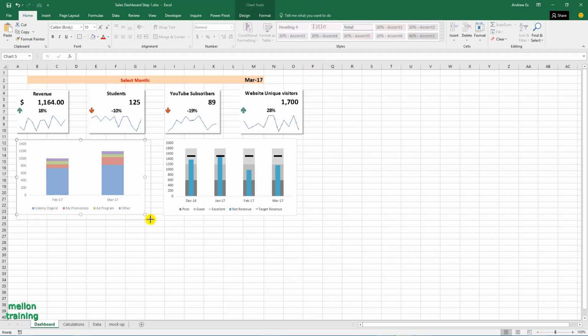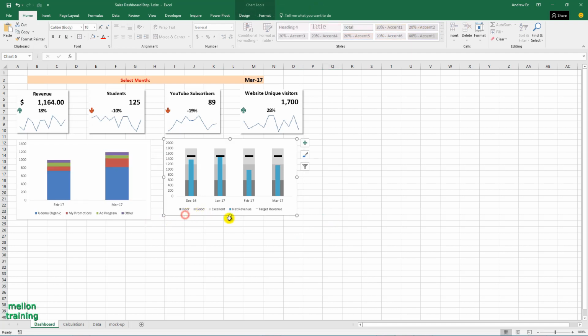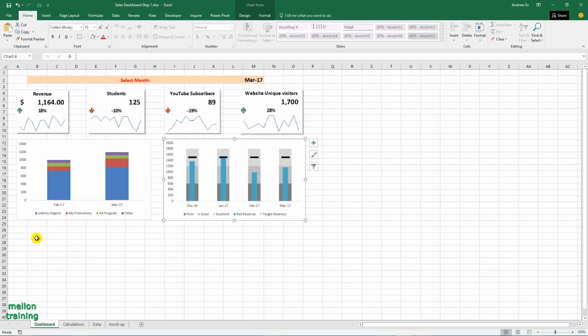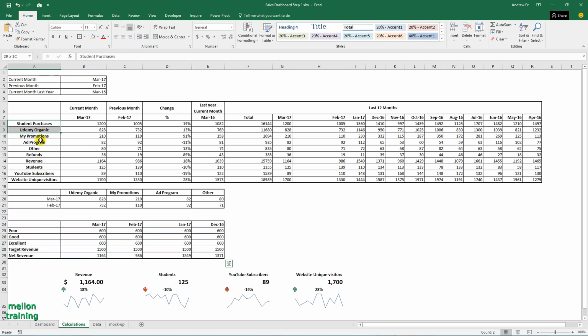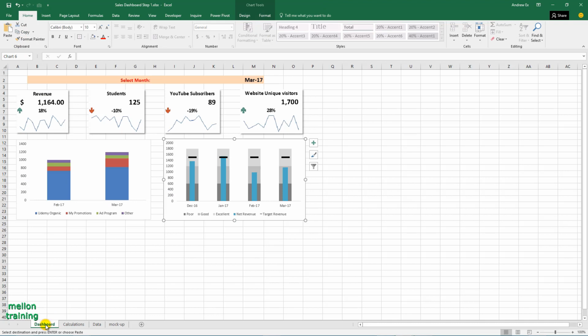The final step is to build the table. It's easy because we did almost all the work in the calculations worksheet. Start from the description of the metrics. Copy and paste them.